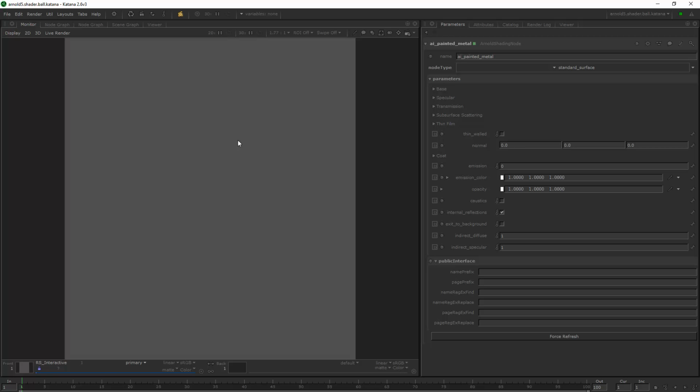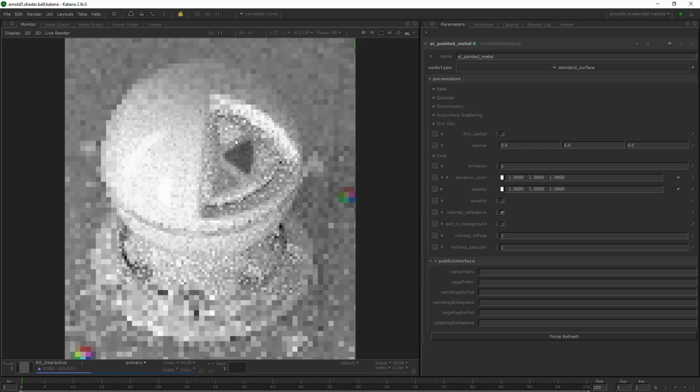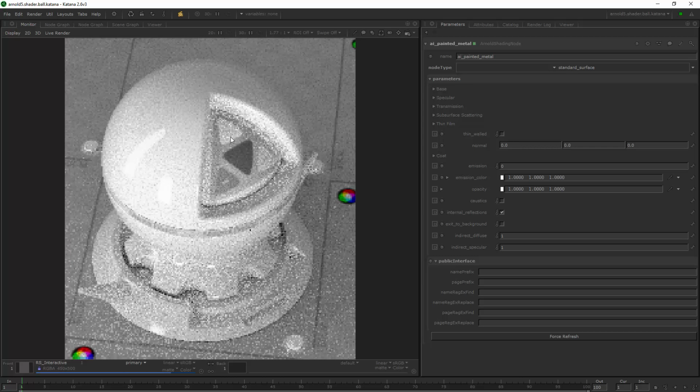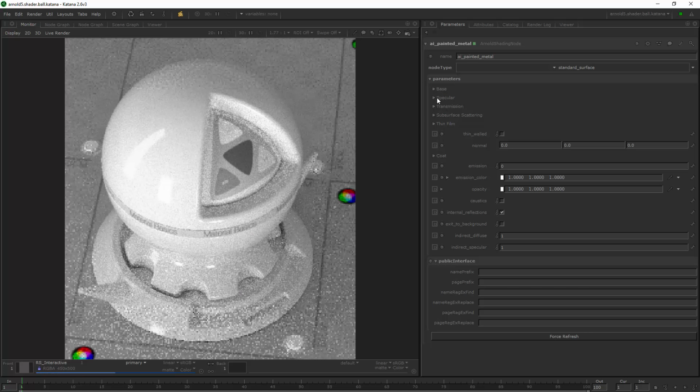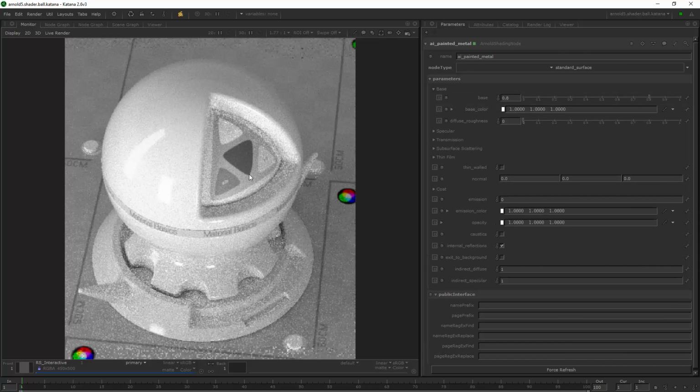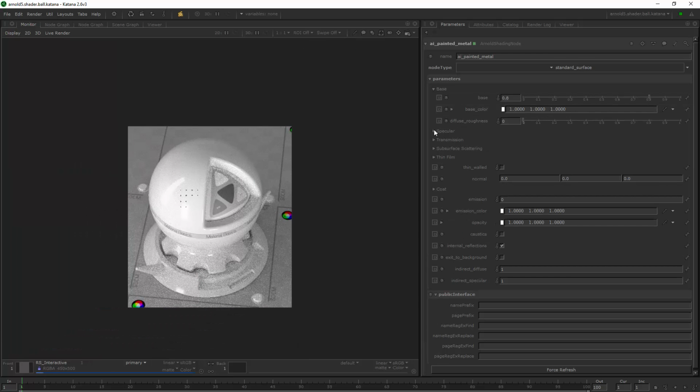And all in all, it's not as fast or interactive as in Maya's Arnold render view because of the translation of the nodes, but once it's loaded up, you can actually see it. It's still pretty good. So this is now my 1:1 scale. And if I change values now,